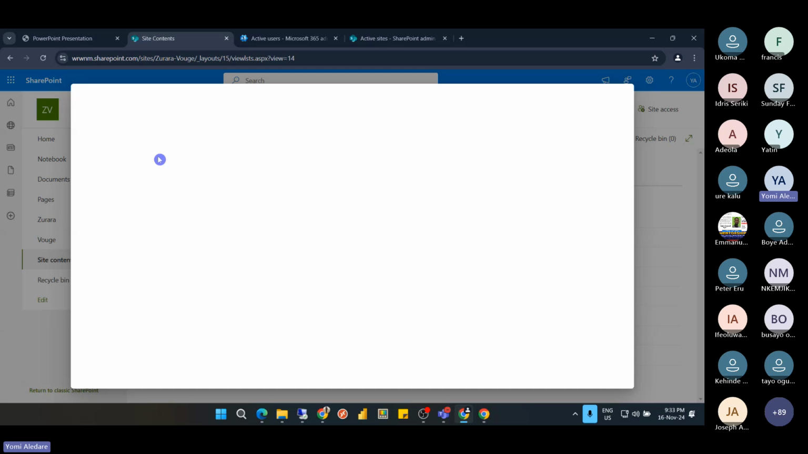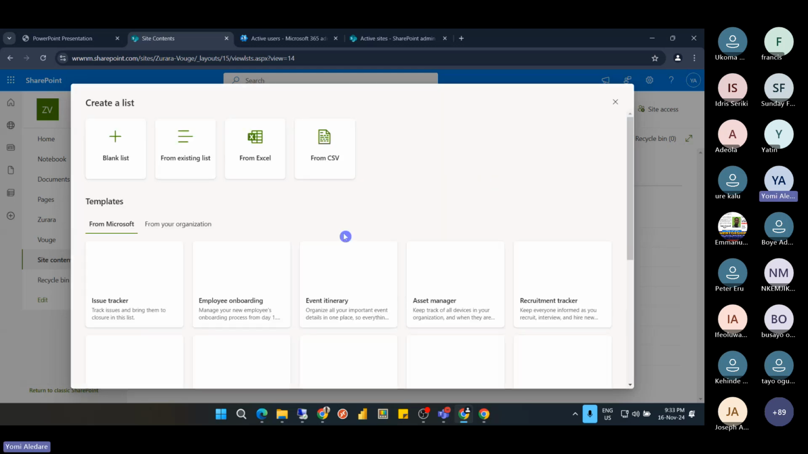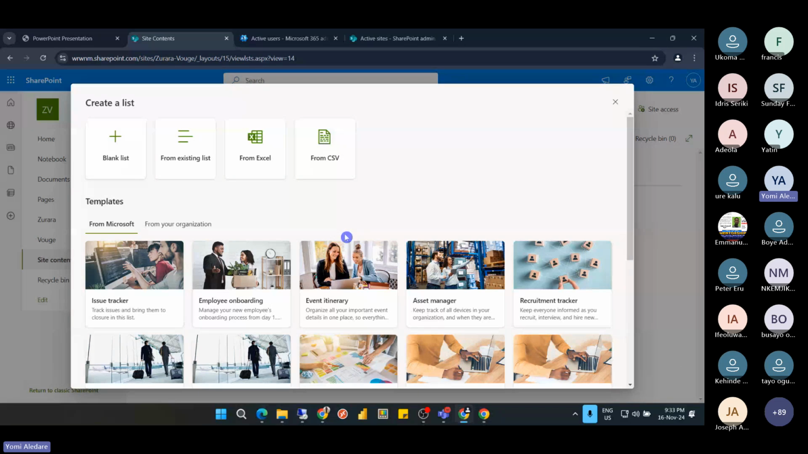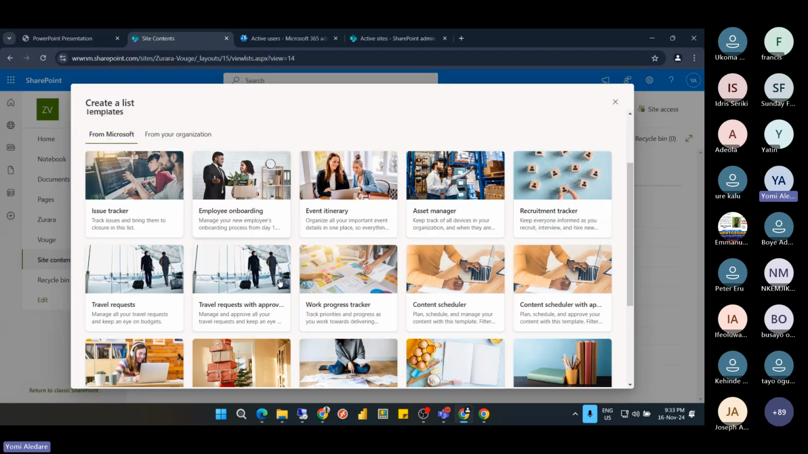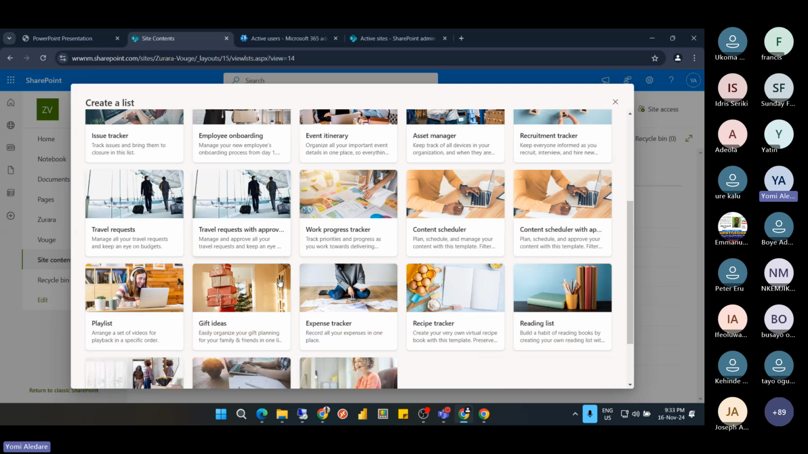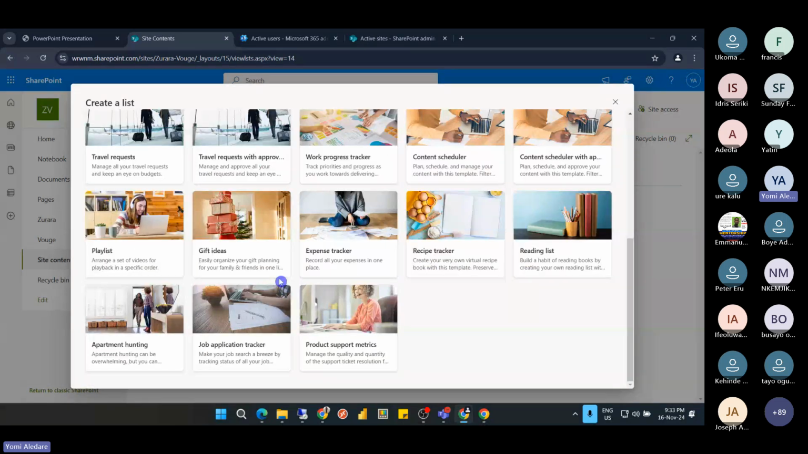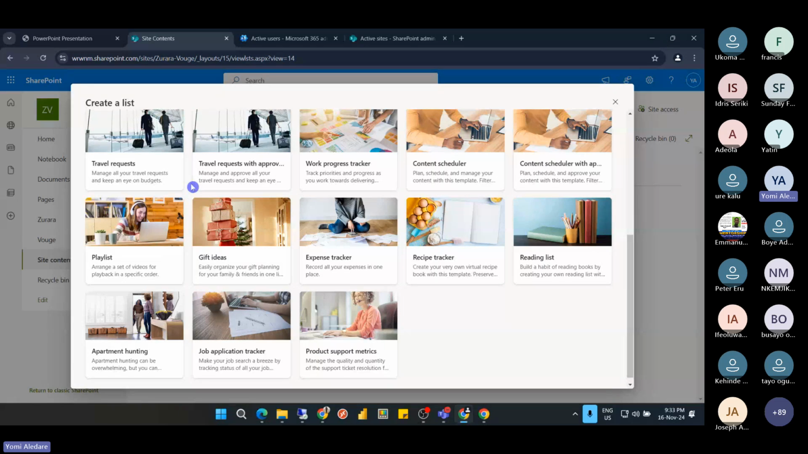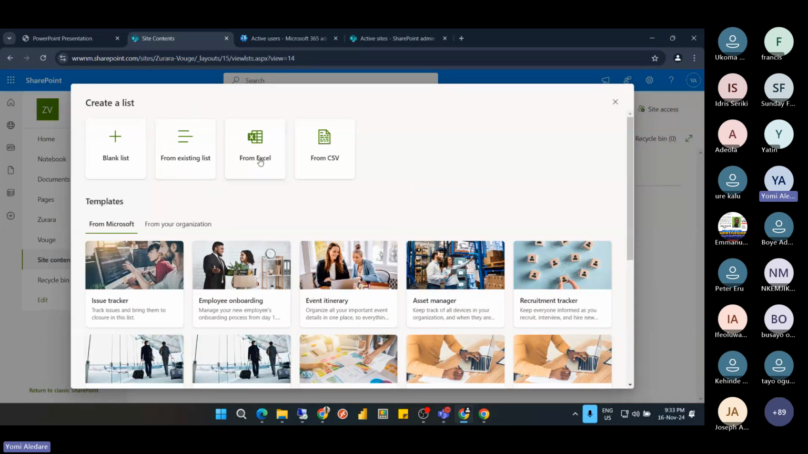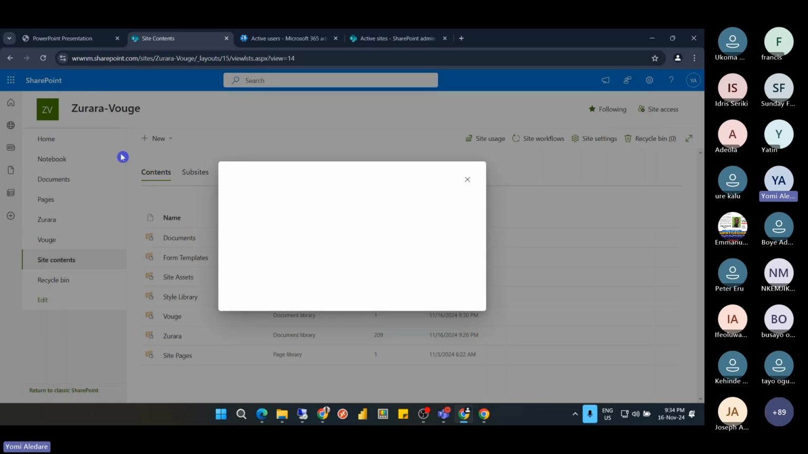So we're all focusing on the modern view for these functionalities. I have some great templates here, but I'm not using any of them today. You have recipe tracker, reading list, all of that. You can also create a list from Excel or from CSV. We are creating a blank list, and the name of our list is leave